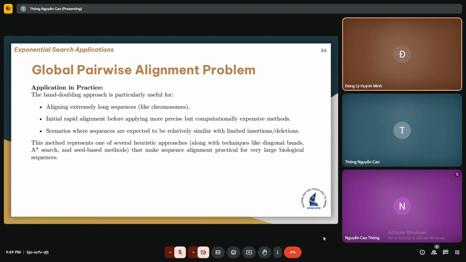Application in practice. The band doubling approach is particularly useful for aligning extremely long sequences like chromosomes, for initial rapid alignment before applying more precise but computationally expensive methods, in scenarios where sequences are expected to be relatively similar with limited insertions and deletions. This method represents one of several heuristic approaches, along with techniques like diagonal bands, A-star search, and seed-based methods, that make sequence alignment practical for